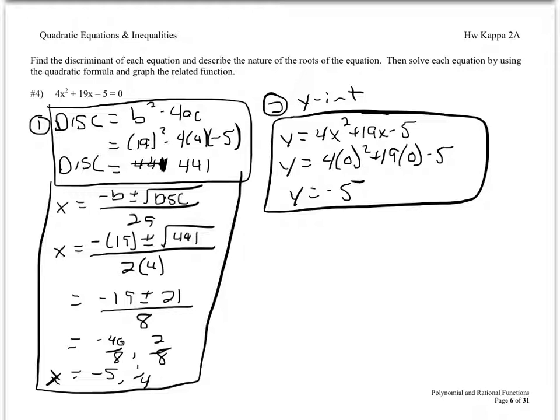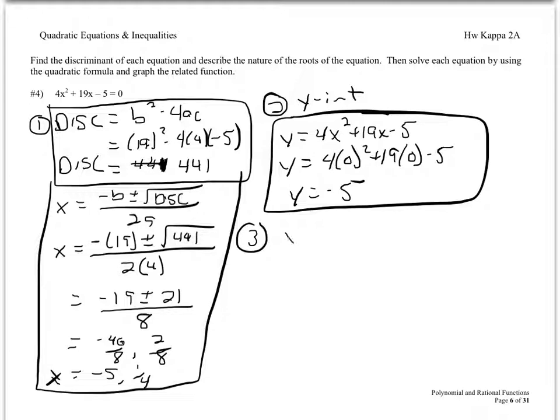Looking at this related function, y equals 4x squared plus 19x minus 5. Just by looking at it, we don't know where the vertex is. We know it's a parabola because it's x squared. We know that it opens up, has a minimum because the leading coefficient is positive. We don't know where that vertex is. So the easiest way to find it, by the way we did this problem,